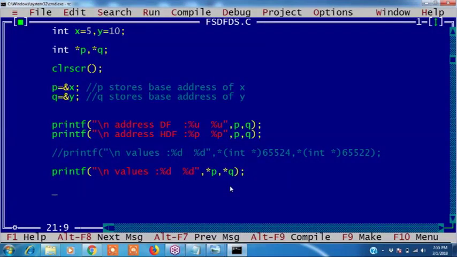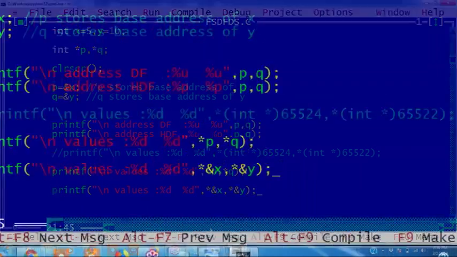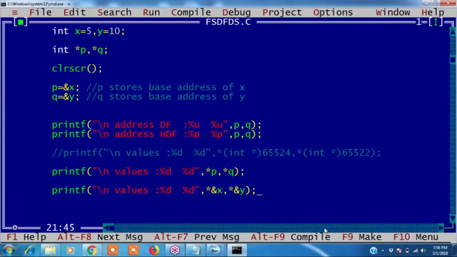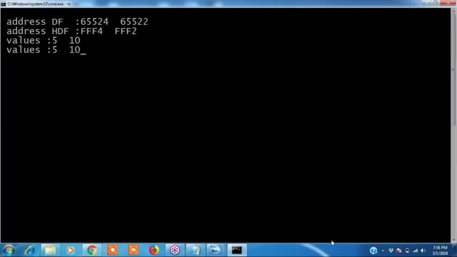Okay. We can write this way also, and another way also we can write. What is another way? I will show. See this? Printf of x address and y address. Now I want to print x address and y address. Values are, sorry, data I want to print, percentile d, two spaces, again percentile d. Instead of star p, we can write like this also. Star p, p means what? Address of x, I can write. Star q means what? You can write address of y. See guys, whenever you are writing star address, these two will be cancelled. x will be there and y will be there. Directly we are printing x and y. That is also valid. See this? The values are the same. You understood, right?